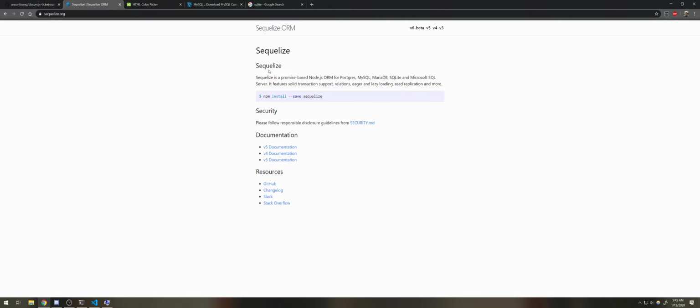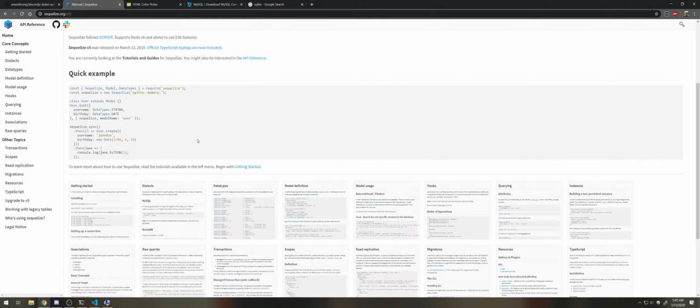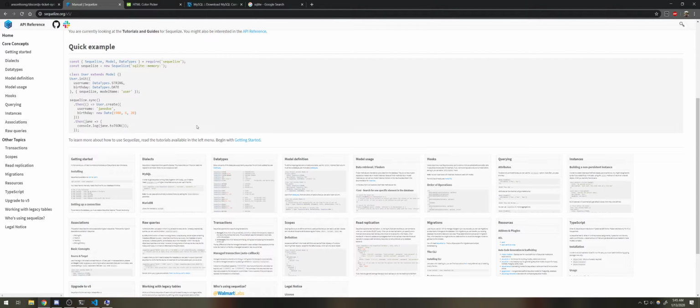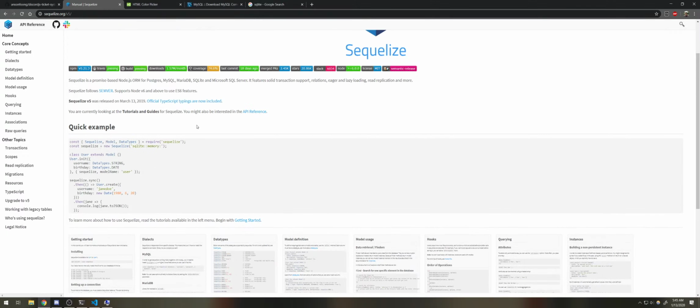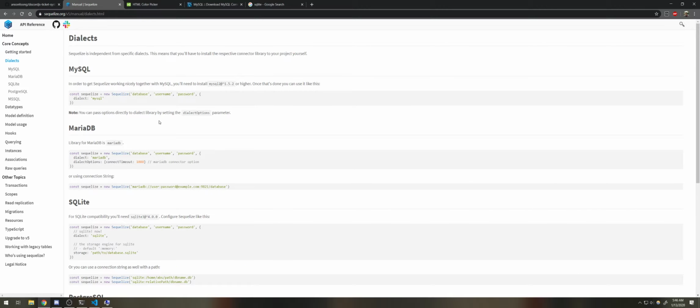You can just use Sequelize. So what you want to do is, I need to go to the documentation for this, because I don't know how different the queries between SQLite and MySQL are, but I just got to double check this to be 100% sure. Okay, so you can see on Sequelize, again,